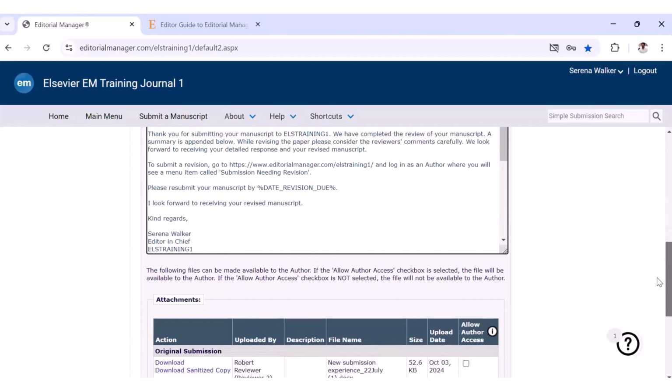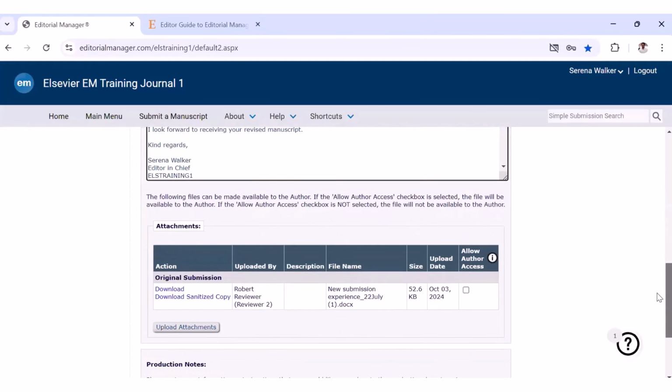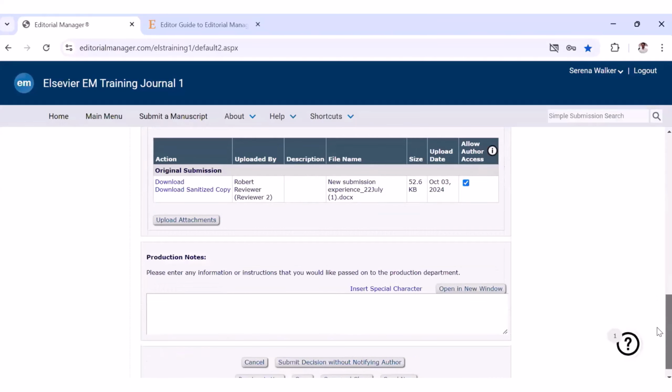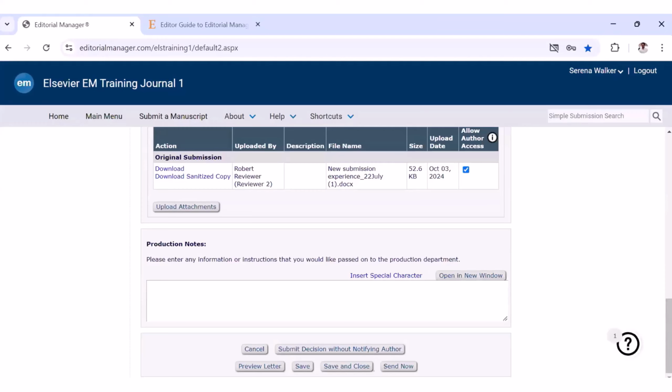So again, from here, you will be able to see the attachment here. And if you want the author to access the reviewer attachment, you can just click the option here so that the author can access the review report submitted. So once done, you can just click the send now button so that the author will be able to see